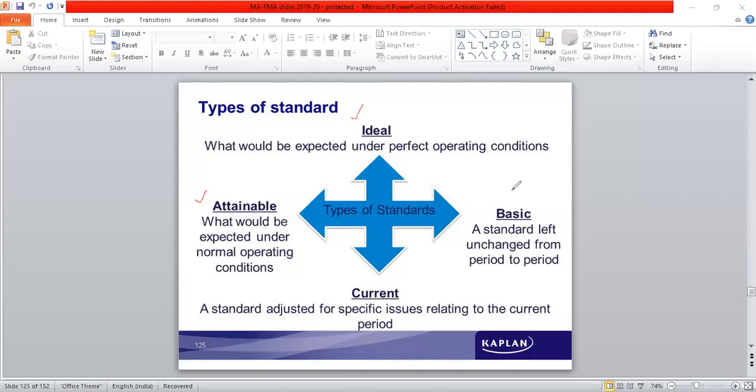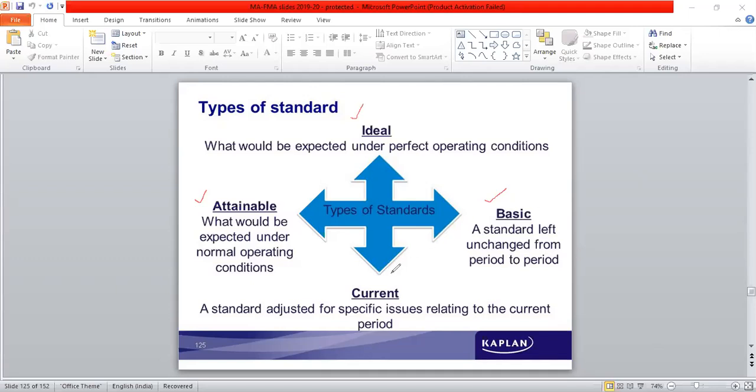The next one, basic standards: a standard left unchanged from period to period. So it's the same thing. Once it is decided, every period it is the same. But every year the scenario changes because there are so many things which change in the market, in the industry. In that case, the one initially prepared as a standard may not be applicable for the changed scenario. But instead of making adjustments, incremental changes, when it is unchanged from period to period,